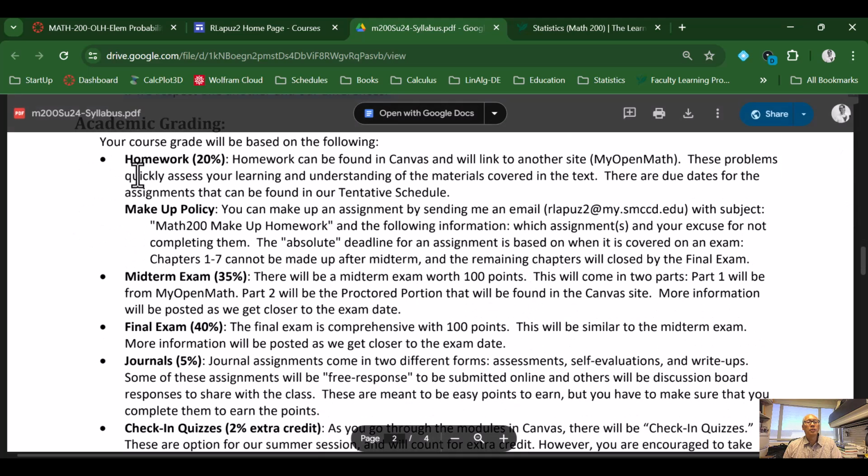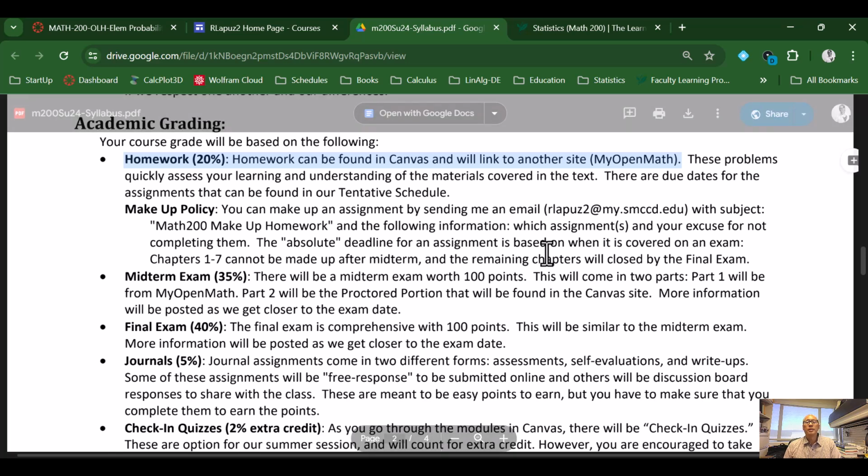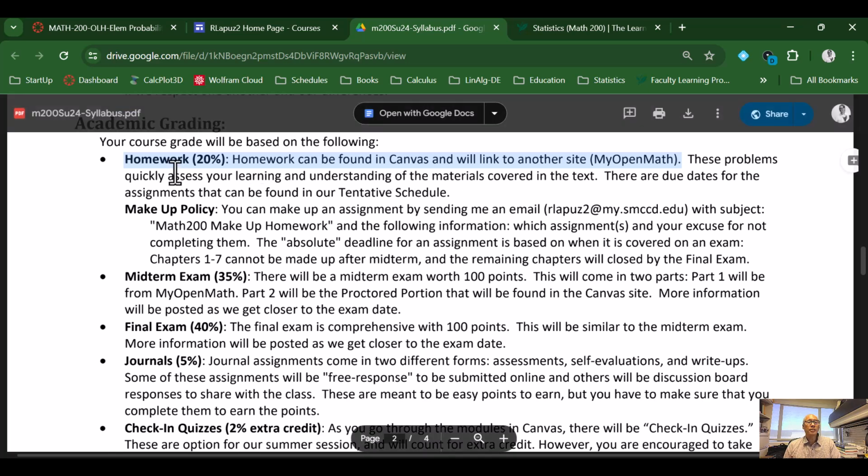The grading will go as follows. Your homework will be done through this homework system called MyOpenMath. You don't really need to know that because this will be linked through Canvas. And again, Canvas is going to be our main learning management system. So this category will be worth 20% of your grade. You can make up some homework if you want,